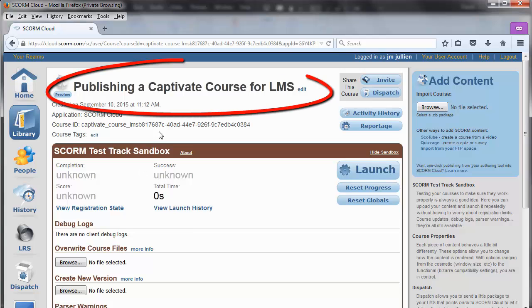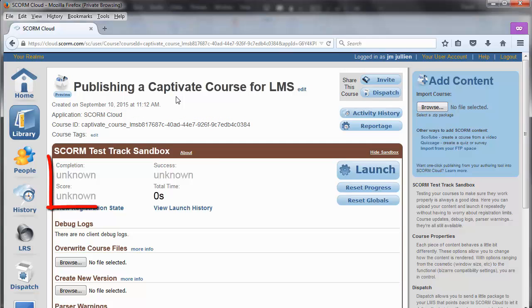The title is well the one I've defined in the Captivate manifest window, and you can see in the test track part that criteria such as completion, success score, and total time are unknown or not yet defined. It's normal, this course hasn't been launched yet. Now I could launch this course from my user profile directly to test it, but doing so won't mimic a true learner experience. For this reason, I'm going to assign this course to a trainee profile by creating an invitation, and after, performing this course from this invitation as trainee.